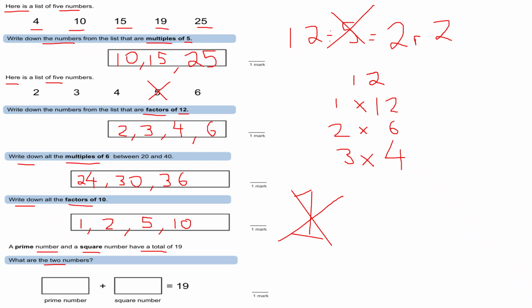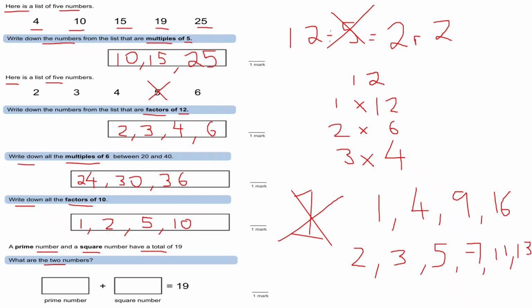So here, we've got a square number and a prime number. Square numbers will be 1, 4, 9, and 16. Prime numbers can be 2, 3, 5, 7, 11, 13, 17, etc. If you look here, 16 plus 3 makes 19, so 3 is prime, and 16 here